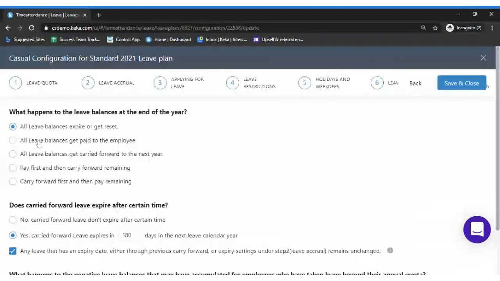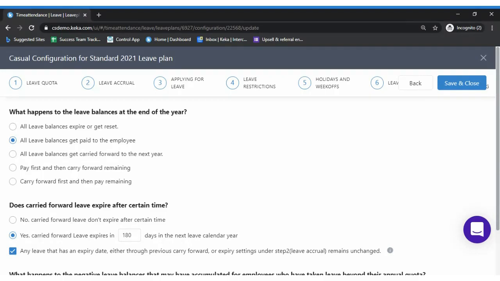In the second option, which is all leave balances get paid to that employee, let's assume the employee's balance is 5 or 2 or 1 or any such number. The employee will be paid for it, which means leave encashment will be done during the year end process.